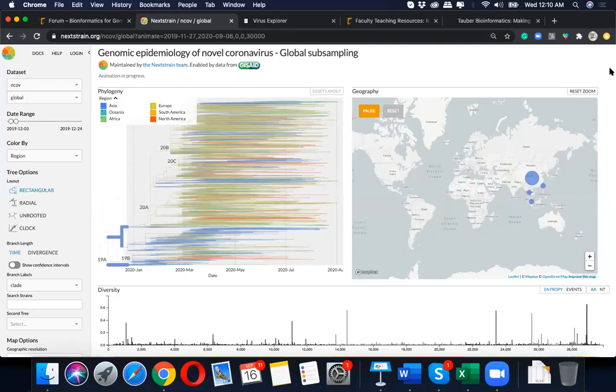You can also change the date ranges here and play with the way this maps out to your area only. If you're interested in how it spreads in Africa, you can see that also, in terms of these dates and the genome sequences that were sequenced at that time.